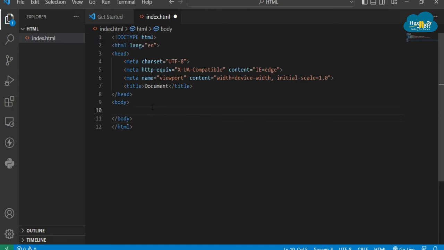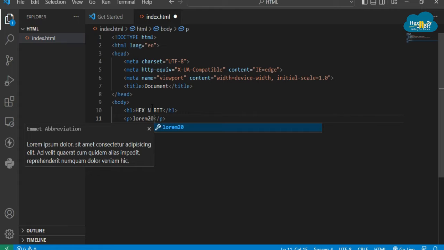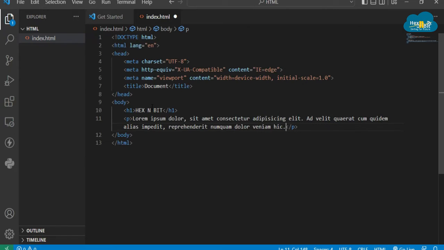ओके, फिर बॉडी के अंदर सबसे पहले हेडिंग टैग h1, राइट सम कंटेंट Hexnbit। ओके, फिर एक पैराग्राफ p टैग, इसके अंदर कुछ कंटेंट लिख लेता हूँ। सपोज आई राइट lorem 20, प्रेस एंटर, सो इट जनरेट 20 वर्ड्स फॉर मी। ओके, फिर ऐसी एक टैग होता है b टैग।